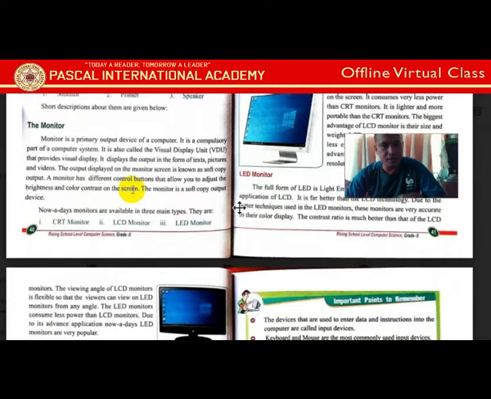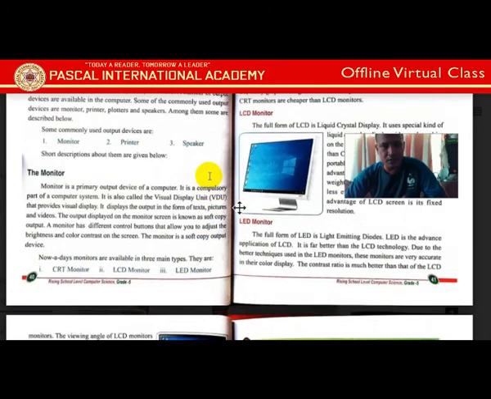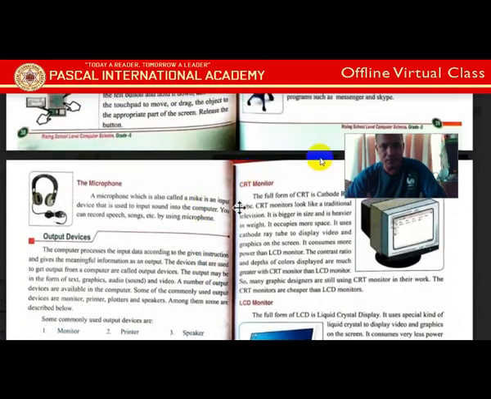Okay, different companies use different brands, and these have different features also. In some monitors there will be a brightness and contrast adjustment, and there will be some other functions also. In some of the monitors a speaker is also attached. Okay, and there are different types of monitor available. Some of the monitors are CRT monitor, LCD monitor and LED monitor, and there are also other types. Plasma monitor is also there, but these three are the most important.